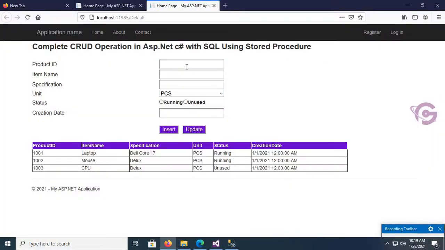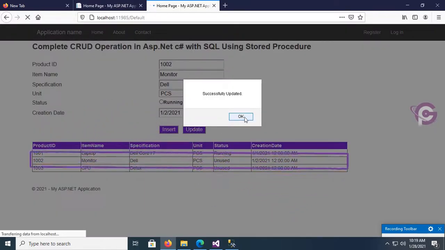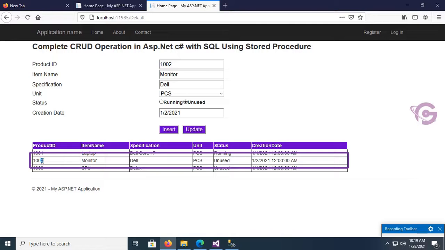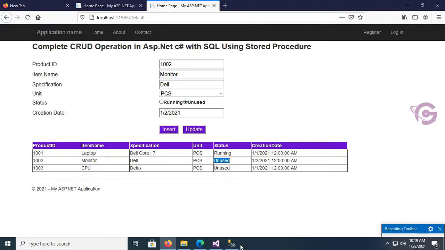Yes, now I'm gonna update record 1002. Mouse, item name is mouse. I will update it to monitor, and specification deluxe to Dell piece. Okay, and running to unused, and creation date 1st February. Yes, you can see successfully updated: monitor, Dell, unused and 1st February 2021. Okay,